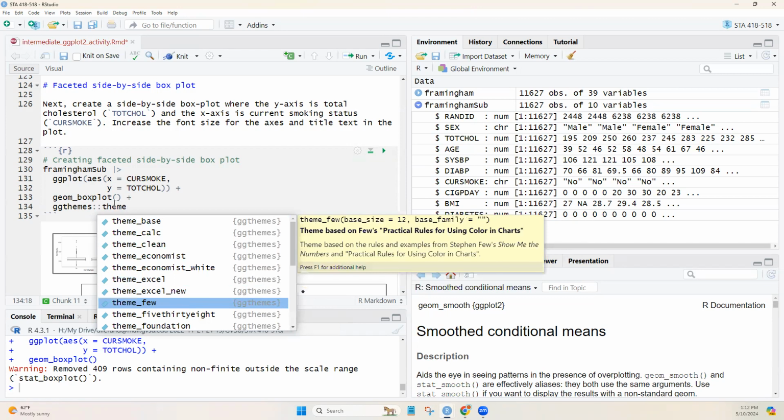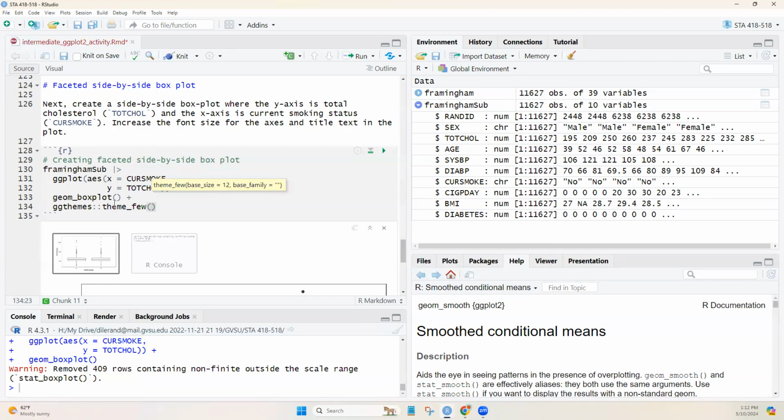We're going to stick with the theme few, and these complete themes from the ggthemes package can increase the overall font size by using this base size argument. So that's really helpful because there's lots of different